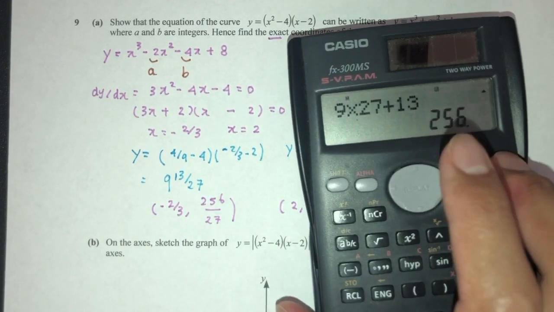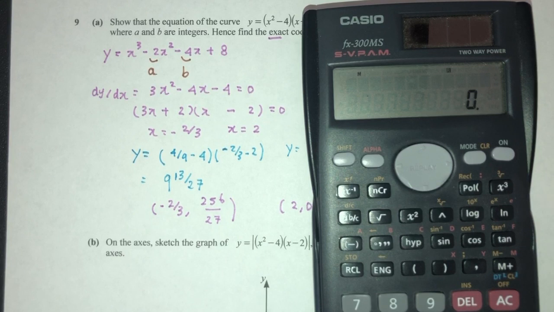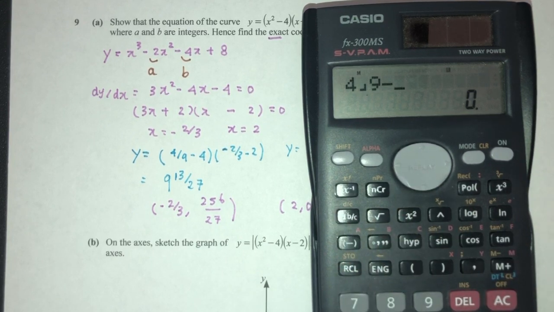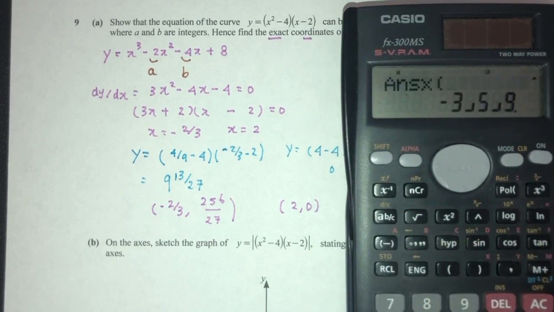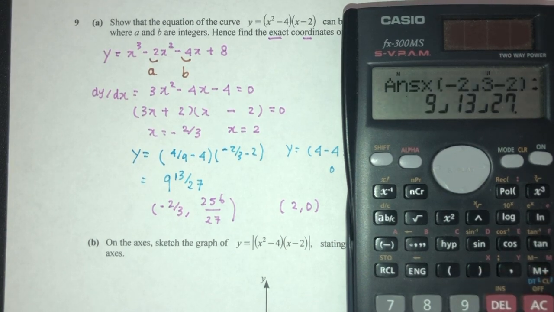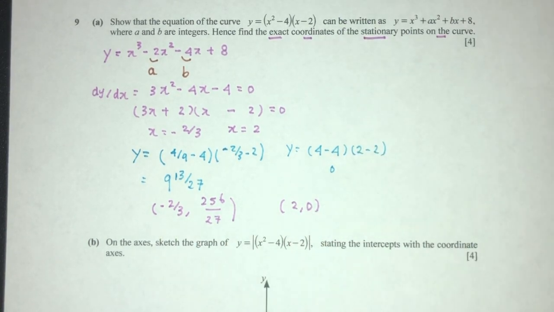Let me double check. So here we have 4 over 9, obviously, minus the value of 4, then multiply by minus 2 over 3 minus 2. That will be indeed the same value. So these are the stationary points on the curve. Fair enough. Now for part B,